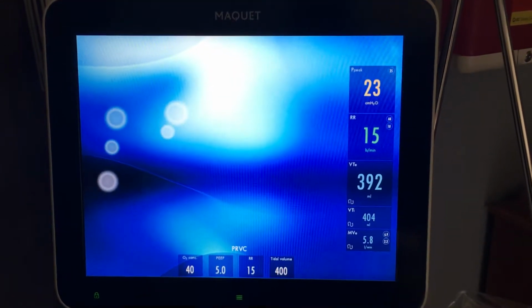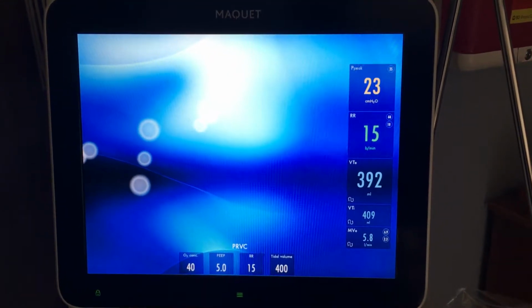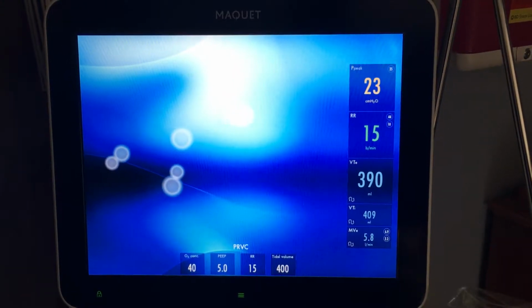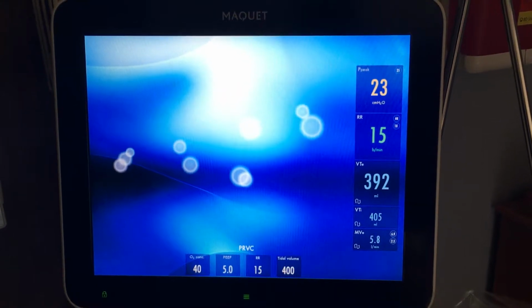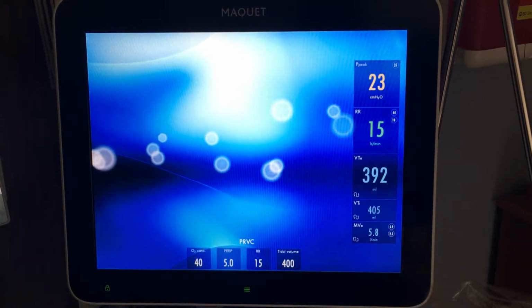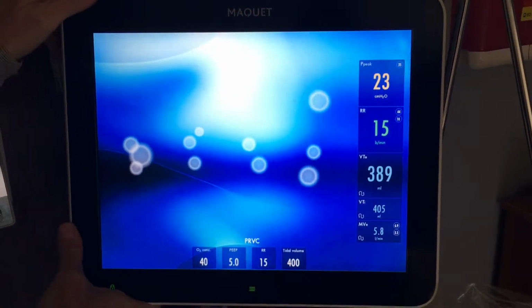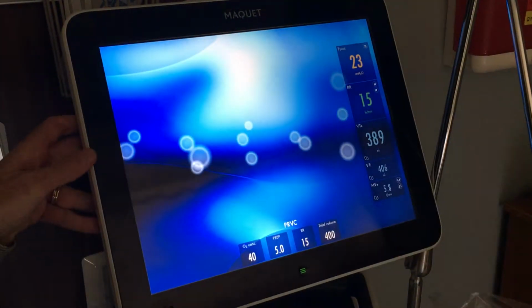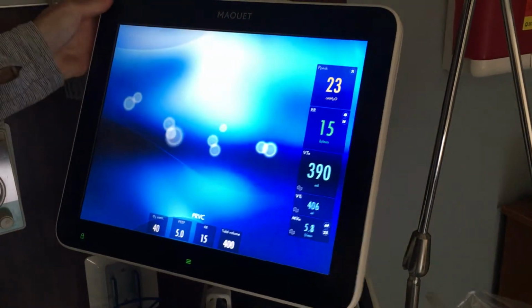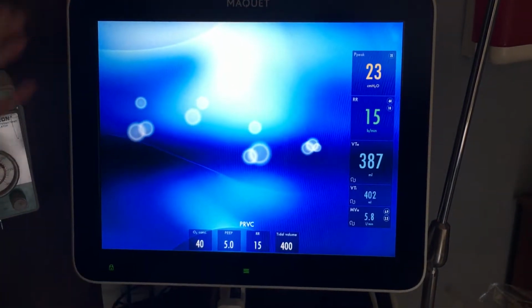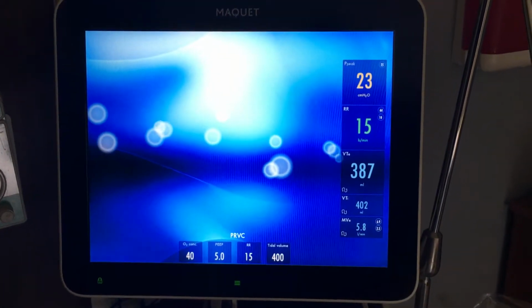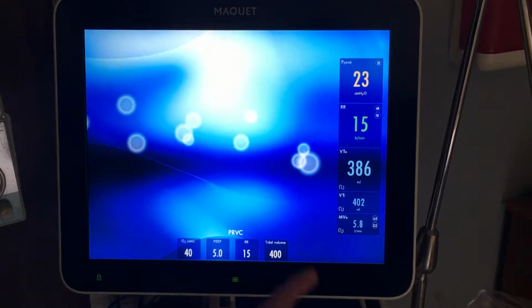Okay, so this is just a quick little tutorial for nursing service for use with the Mackay SERVO U ventilator. Several different screen displays that you may see on the screen, and as it showed in the video, this is turnable, so wherever you're sitting, if you need to turn it so that you can view it, it's easily turnable. But whenever you look at this screen, the ventilator settings will always be at the bottom